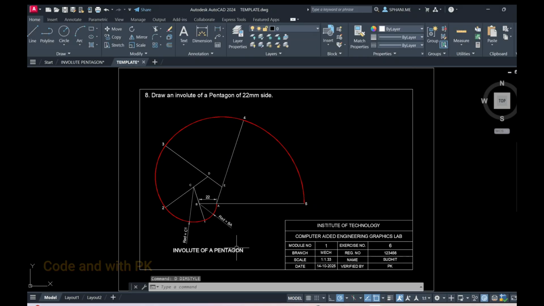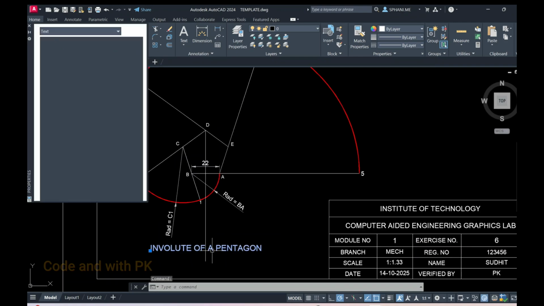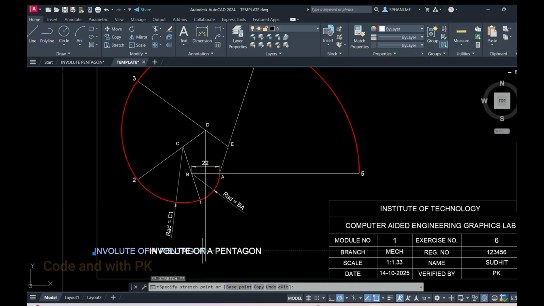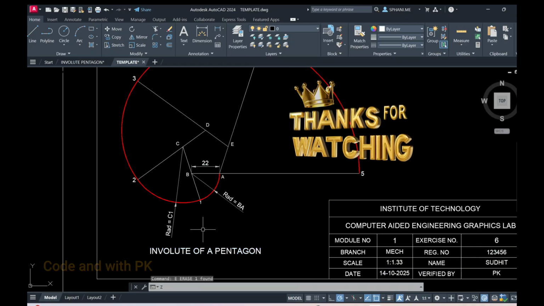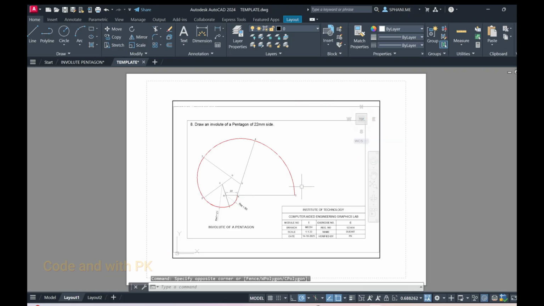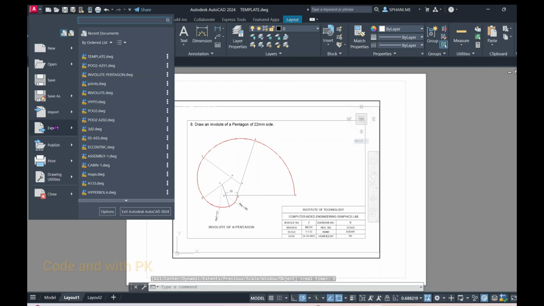Okay, this is your pentagon. If you want to adjust your text to the exact center, select it, Control 1, justification middle center, click OK, move to here and remove this line, Z enter, E enter. Here go to layout, again here Z enter, E enter. Now go to home, here export your drawing